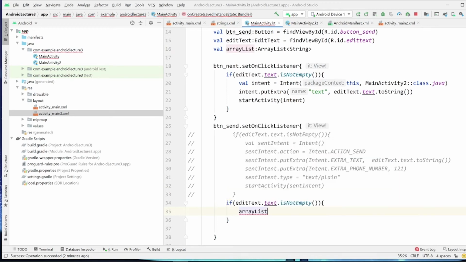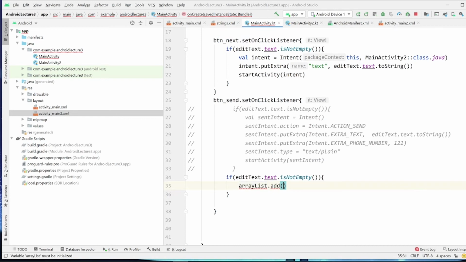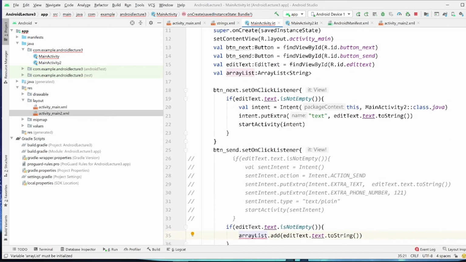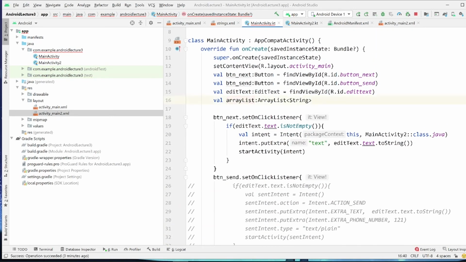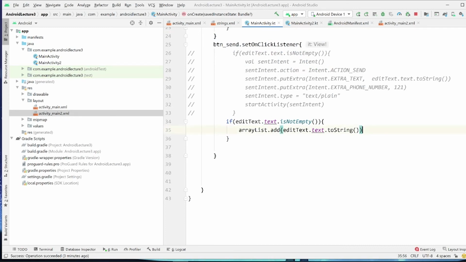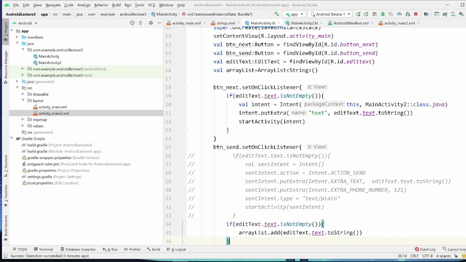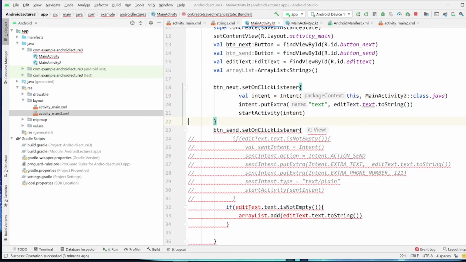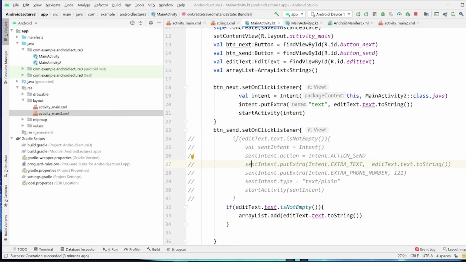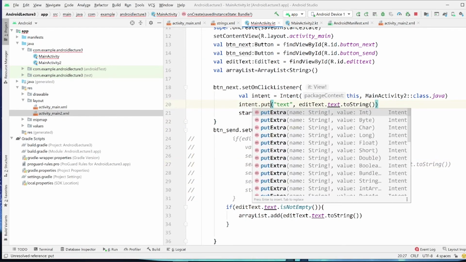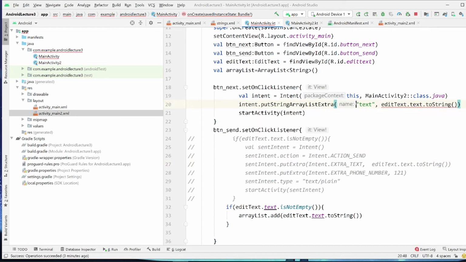If whatever is in the EditText is not empty, I'm going to add the text into the ArrayList. Sorry, I initialized this wrong. And if the next button is getting clicked,